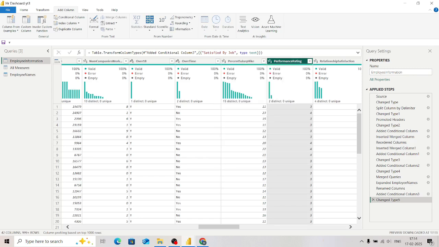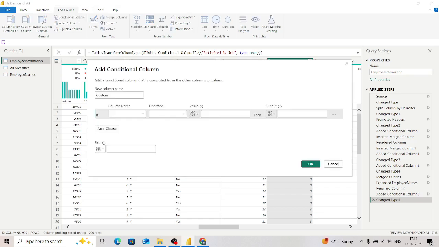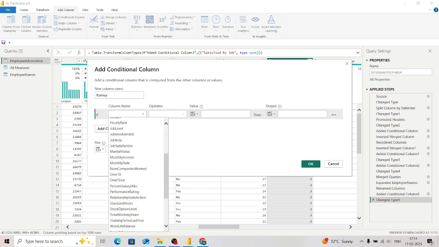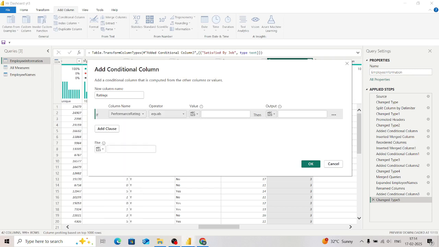So we are going to add again a conditional column based on this column. We are going to give this the name ratings. Select that performance rating column, and based on that we are going to add this conditional column. If the performance rating is equal to, let's say, 3, then it is high. Or else it is